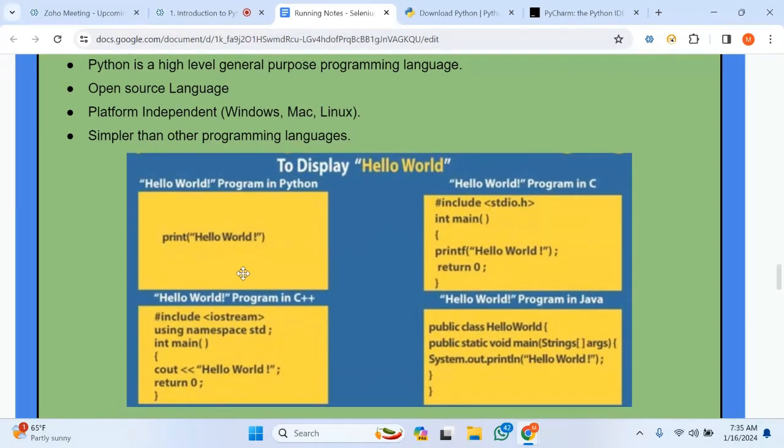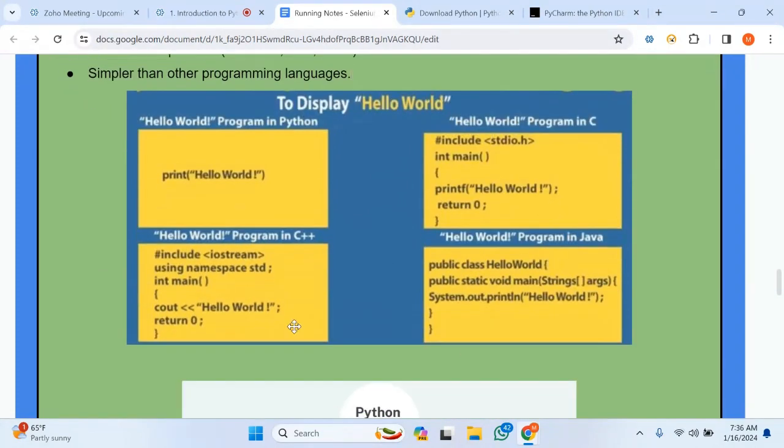If you want to print the same using a C program, C will have some blocks like hash include stdio.h, standard input and output library. You have to define the main block. Inside the main block, you have to use the printf command for printing hello world or whichever statement you require. And if you see the same in C++,